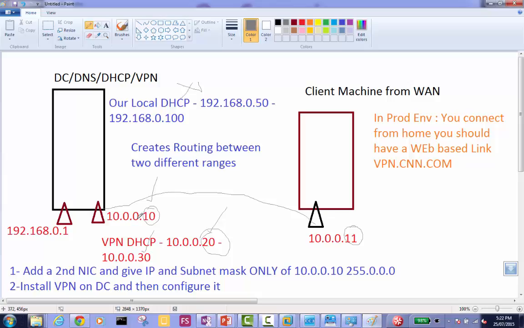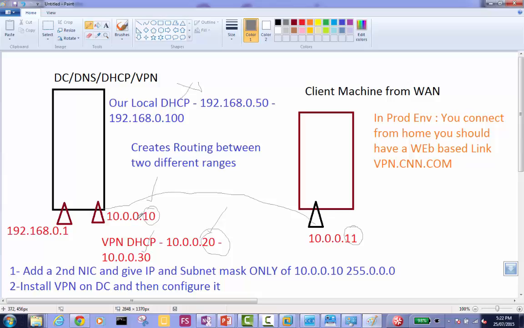But it already has a static IP. So how is... We have given the static IP, but when it connects to VPN, see our home machines, they have their own IP. When you connect to the VPN server of the company from our home machine, it does not change our already received IP from our local DHCP. It gives us a second IP. So whenever a VPN client connects, it always has two IPs, not one.